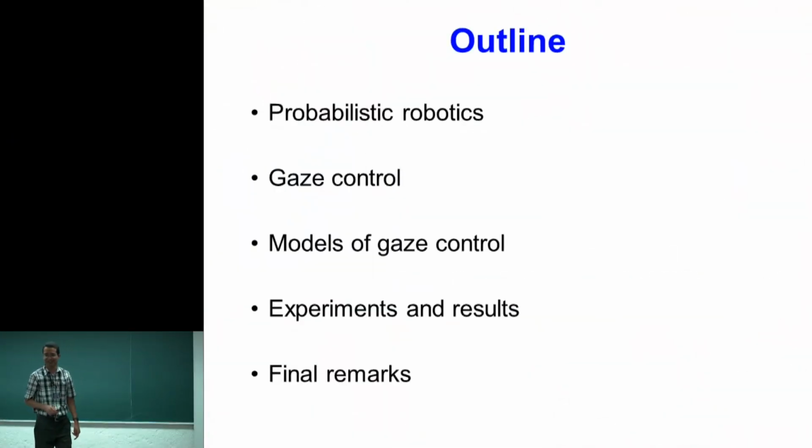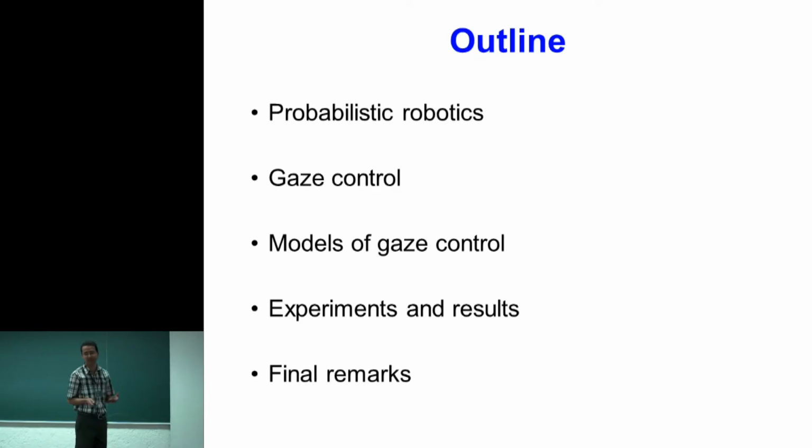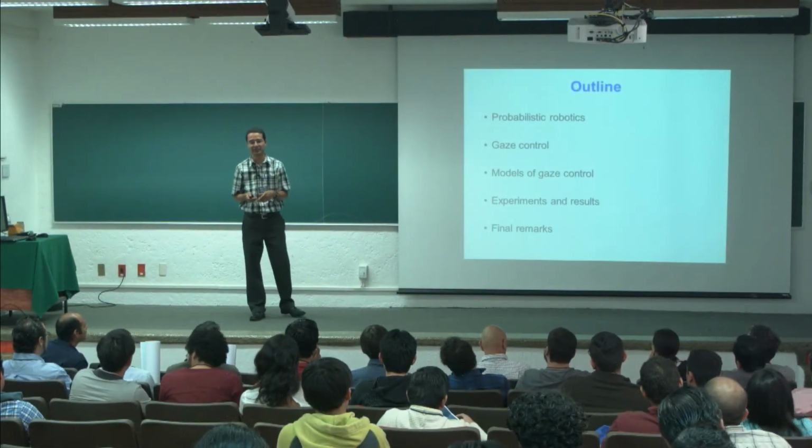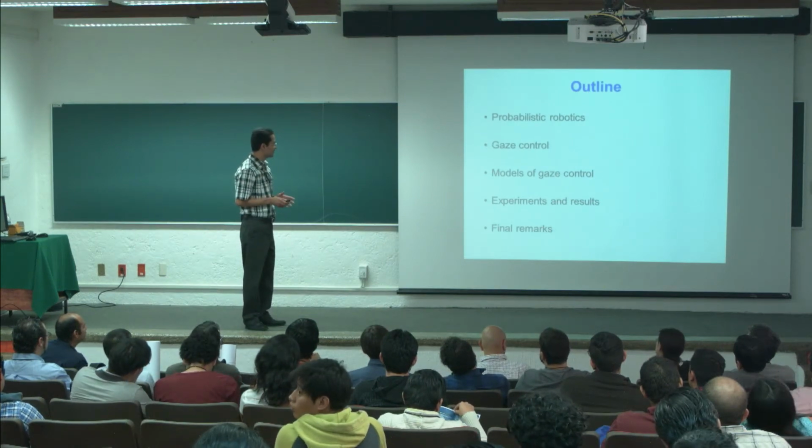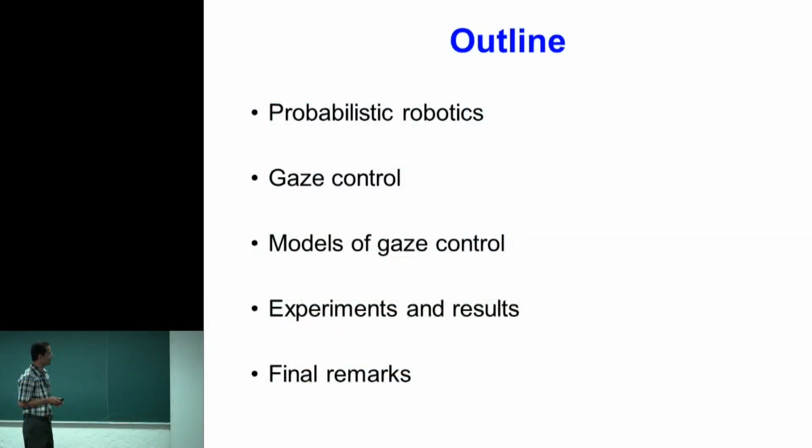Sonic is here, so I'm going to switch to English. I'm going to talk a little bit about what probabilistic robotics is, and then for most of the talk I'm going to talk about gaze control, what it is, and some models of gaze control that I proposed for my PhD thesis. Then I'm going to show you some experiments and results about these models, and some final